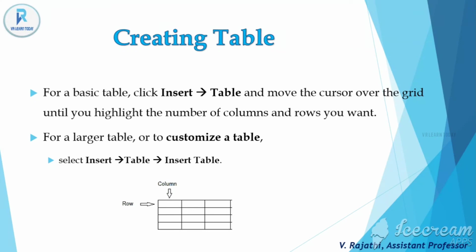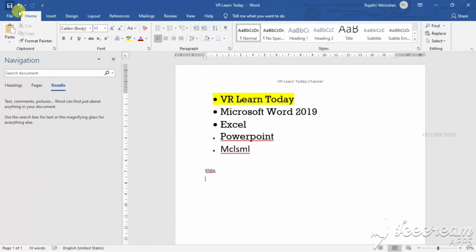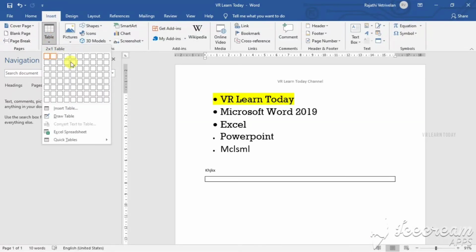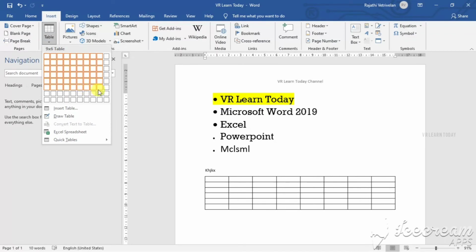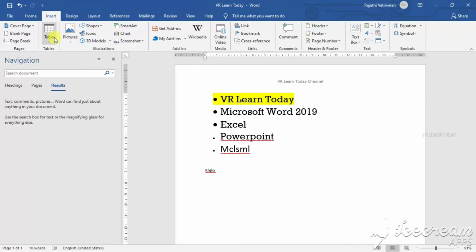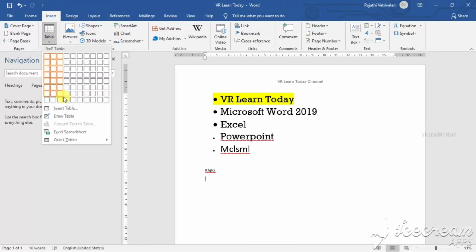And this is creating a table, which we have also seen. For a basic table, click Insert and go to Table, and move the cursor over the grid until you highlight the number of columns and rows you want. This is the highlighted grid. For a larger table or a customized table, you go to Insert Table.